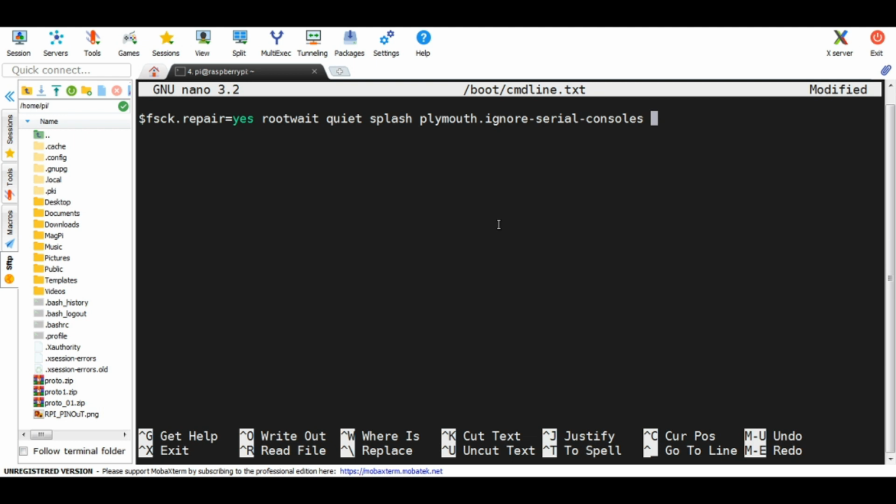Make sure you put one space, then copy paste the details which are available in the description and add them over here. This will enable your file to remove the boot messages at the time of booting the Raspberry Pi.